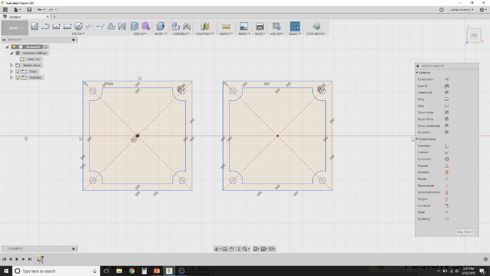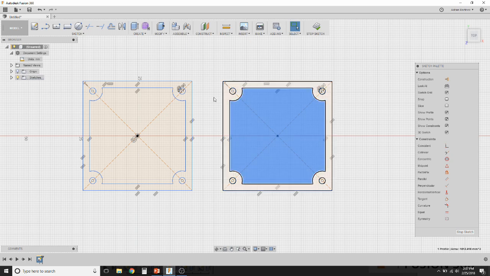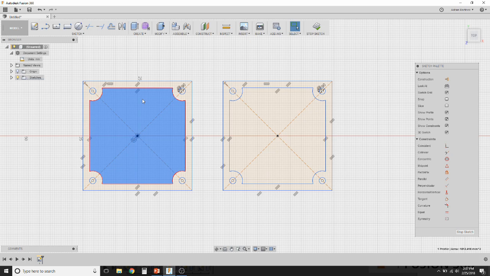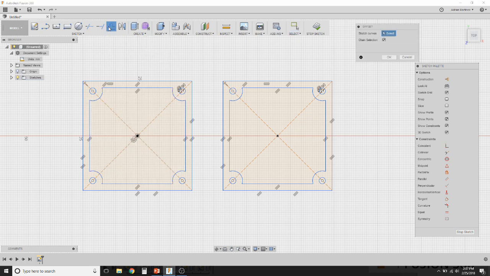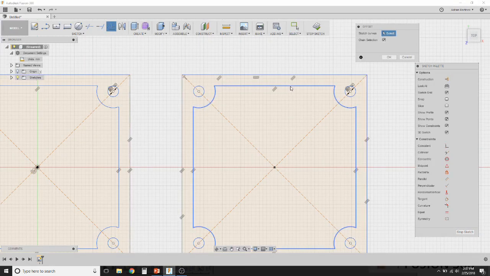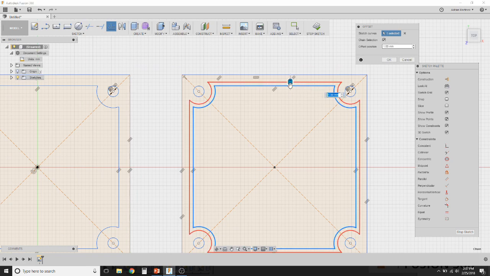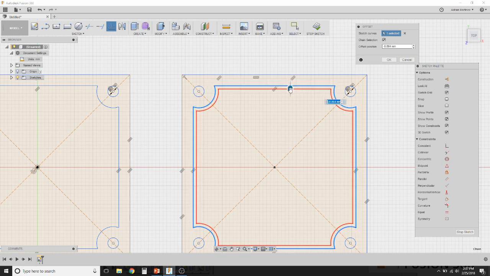Now, if we look back at the sketch that we initially did, we remembered that we needed to have this area be a little bit smaller so that when this lid gets placed on top of the box into this space, it slides in there easily. To do that, we're going to use the offset tool. We're going to zoom in, click on this geometry. We're going to pull that in